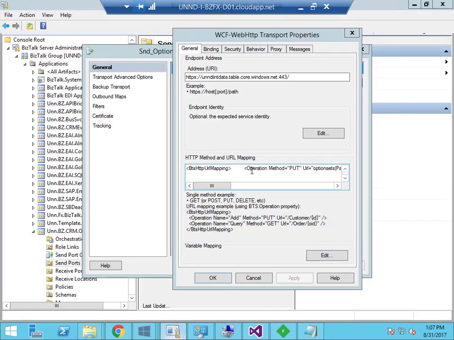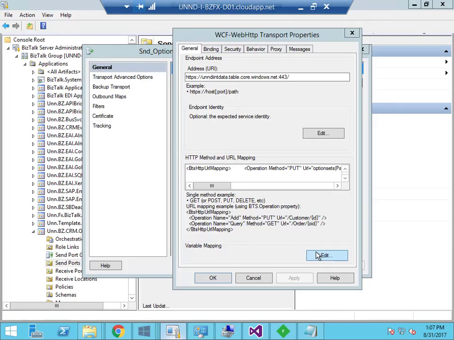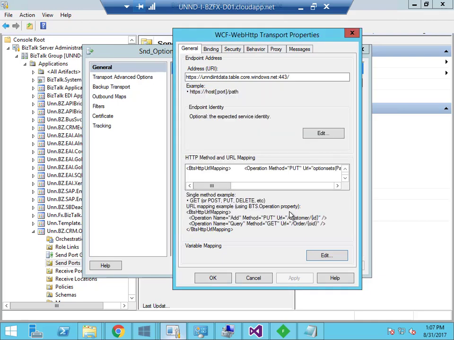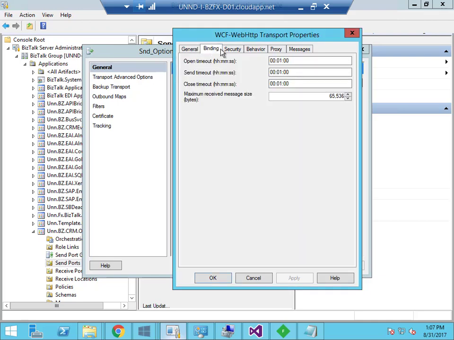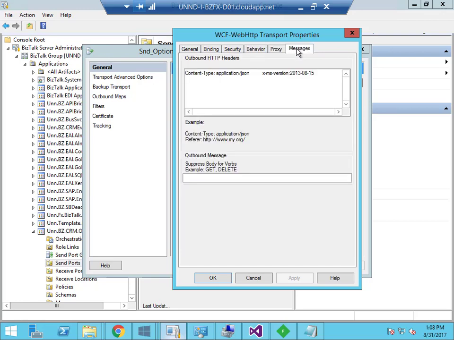From here, where I've specified those properties for the partition and row key that you can see here, we then use the value variable mapping. So I've specified a property schema namespace and the property names, and they'll map to those variables in that query string. The next thing I need to do is change it to transport security,